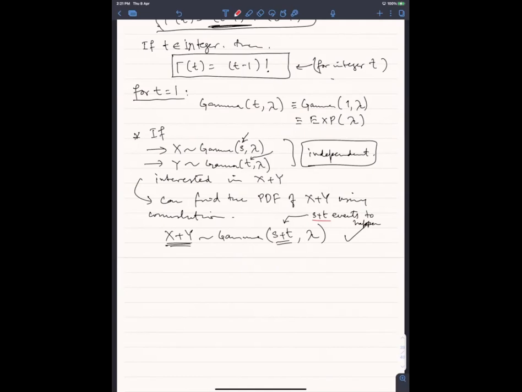Would this mean that the probability of the waiting time would be higher if the number of events is higher? It does not mean that. It just means that this distribution has these parameters s plus t and lambda. Probability distribution उसकी क्या होगी? This is true that the waiting time for 4 events,